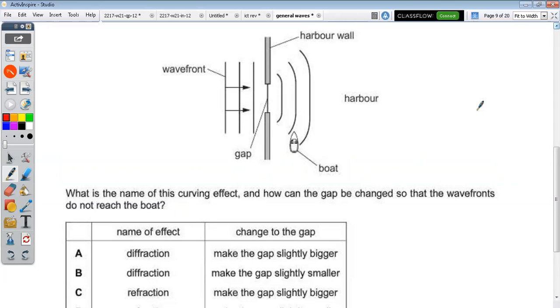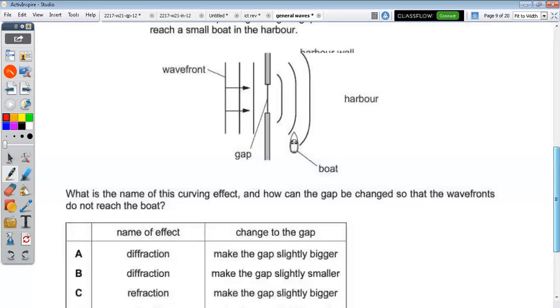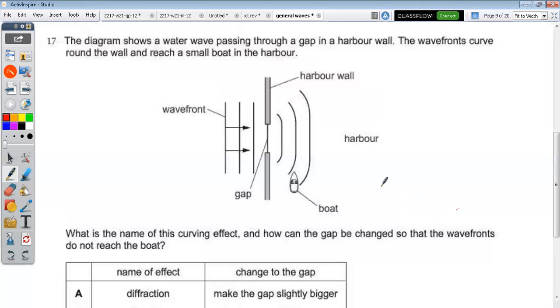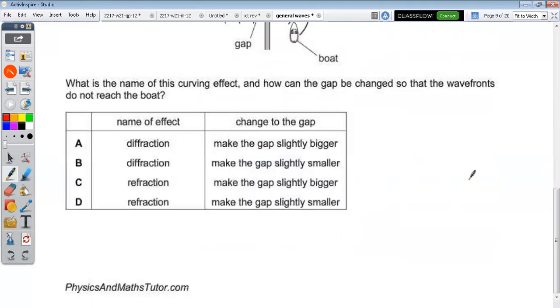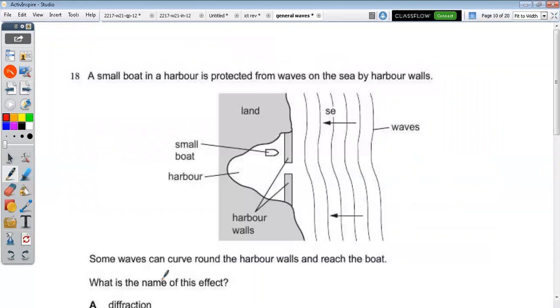So my next question is, do we make the gap bigger or smaller? Bigger. We make it bigger. If we decrease it, it will be close to the wavelength size, and that's why you've got maximum diffraction. So if you don't want to have diffraction, you make it bigger, so that there's less diffraction. Now this is quite obvious.